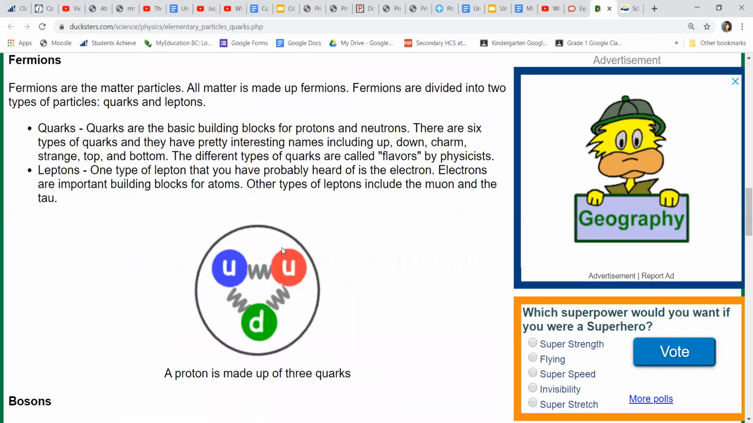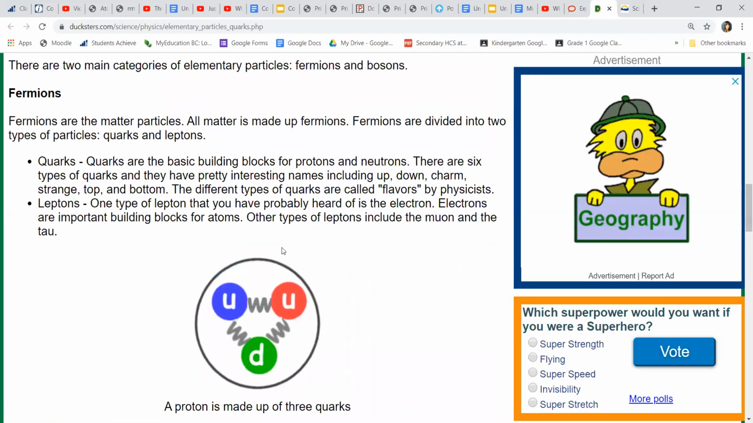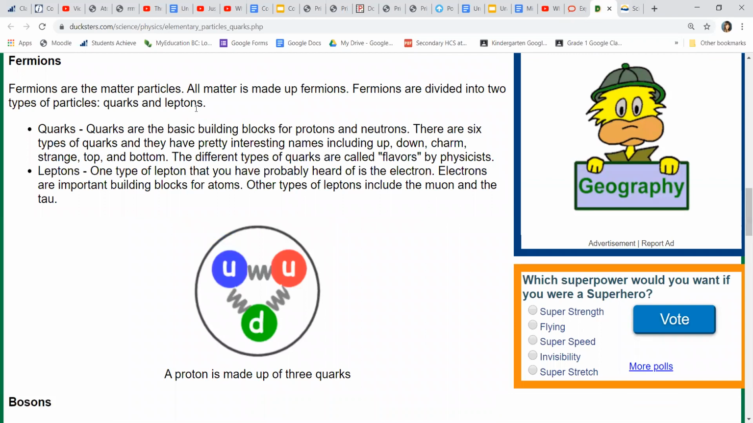And then I just had this little quick thing here to show you. It's basically getting to the point of how quarks and leptons are the basic building blocks of protons and neutrons. They have different names for the different types of quarks. The main ones you want to pay attention to are up and down. Leptons, an electron is one of them, have a negative charge, and the electrons are the important